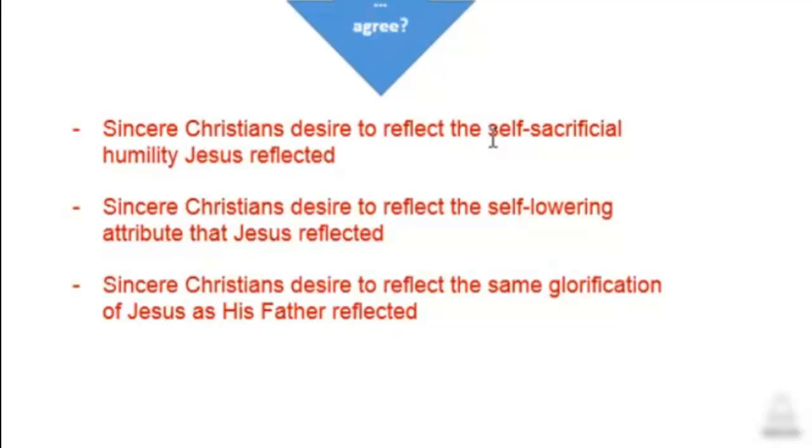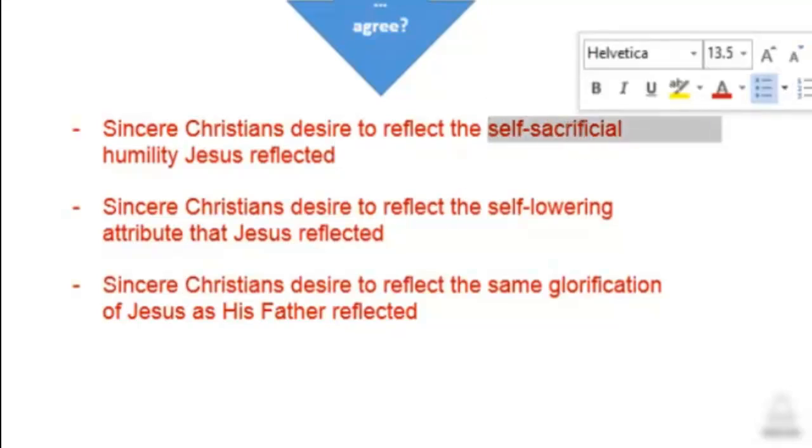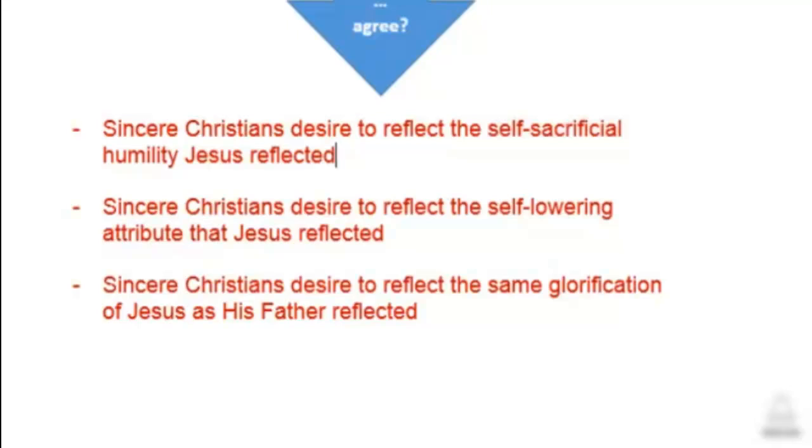And I can talk about how hard it is for us to actually deny ourselves as the Lord required. So I can use this idea. It's softer, but it's also stronger without being a command or without being demanding. And I also love to use these kind of words like self-sacrificial or self-lowering. The reason I like them is because I consider them power words.